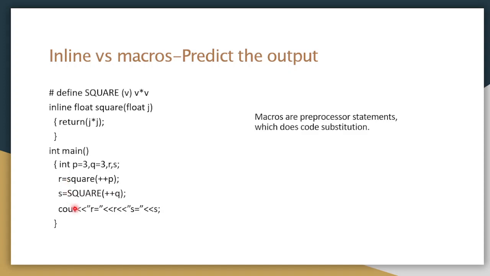So here we have the main function, and here we have p is equal to 3, q is equal to 3, r and s. So r is equal to square plus p. So this function runs, and s is equal to square plus q. So this function runs. So let us see what will be the answer for this. So try this,